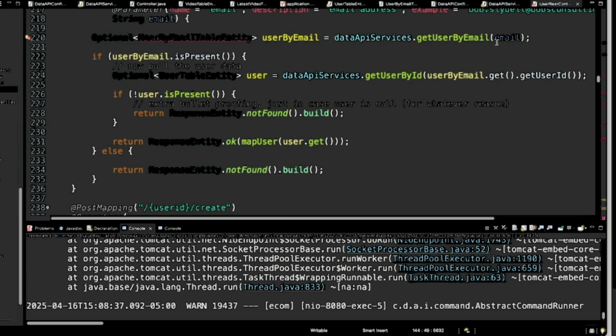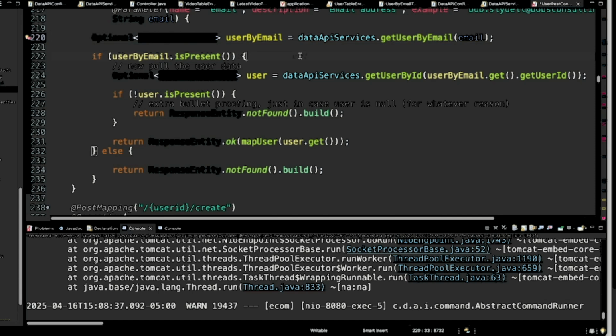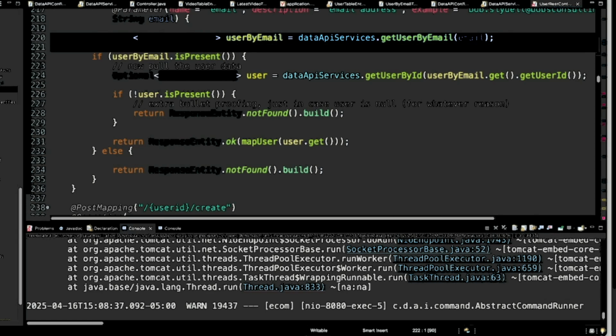Next, yep, we have another one of these. So let's go user table entity. Actually, we should be able to get rid of that.